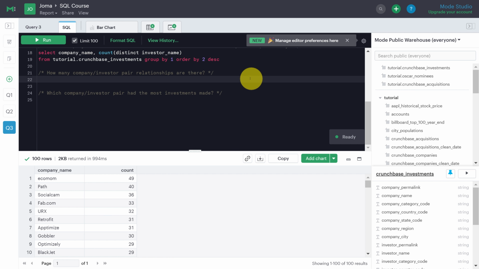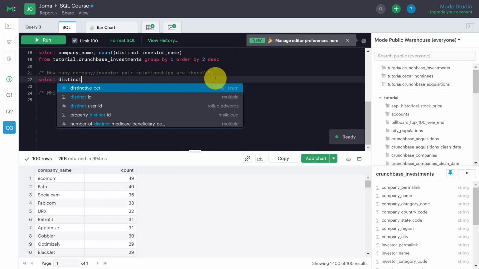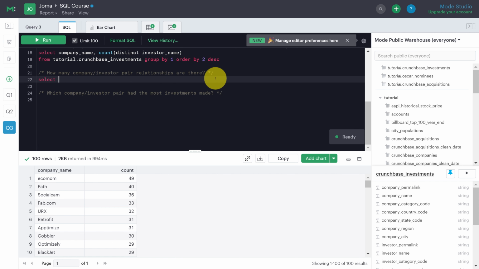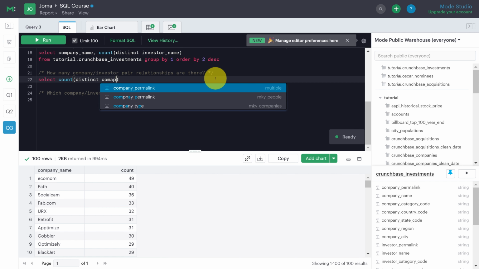All right, cool. Now, the other question, which is kind of similar to what we talked about: how many company investor pair relationships are there? So how do we do that? This is actually a trick question because you'll see that the syntax is a little bit off. But first, I'll do it in a way that you think it would be done. So we care about the count, and then we care about distinct what? Distinct company name,